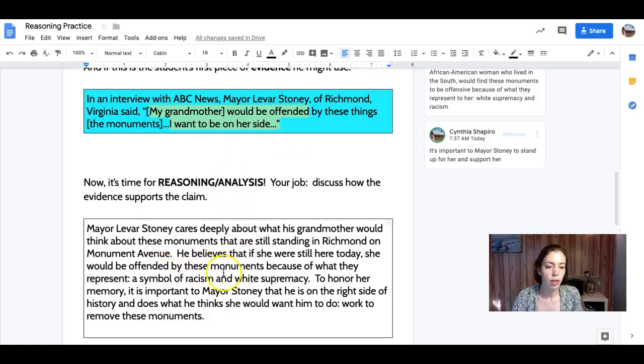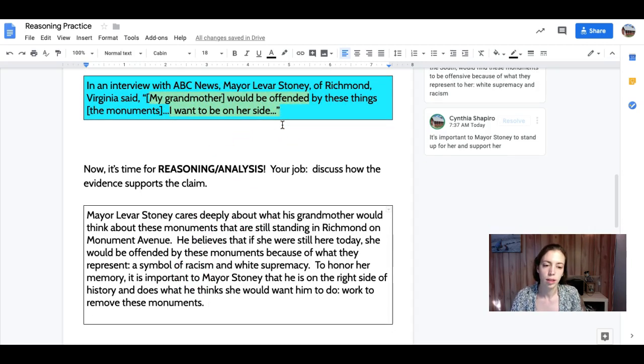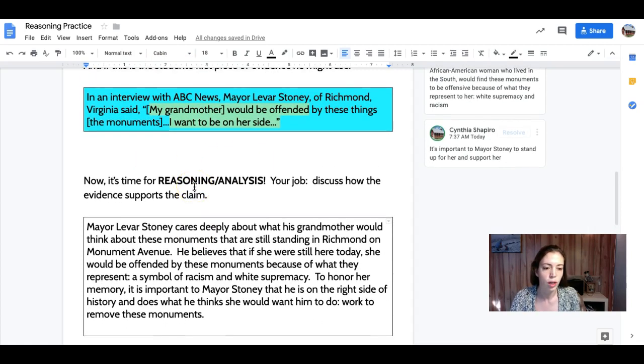Okay, so you might notice I used some of the words, or I referred to some of the words that are up here in this piece of evidence. That's what you want to do in reasoning. Now also, if you notice, this is 1, 2, 3 lines long, okay? You don't want evidence to be longer than 3 lines long, by the way. If it is, you need to block quote it, and in that case, oh boy, you're getting into some bigger fish to fry. So you don't want to necessarily do that. If you notice here, though, 3 lines versus 1, 2, 3, 4, 5, 6, 7, 7.5. Your reasoning or analysis in many cases will be about double the size of your evidence, because this is your opportunity to really dig into that evidence and show how it supports the claim.